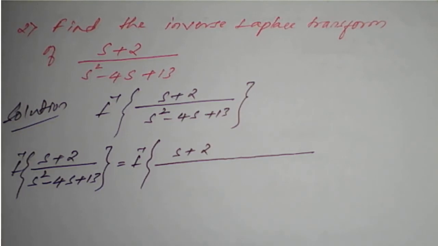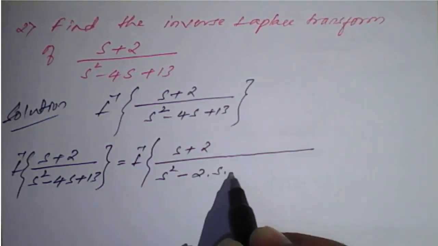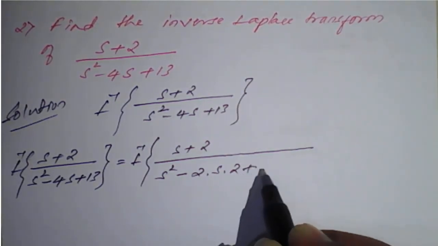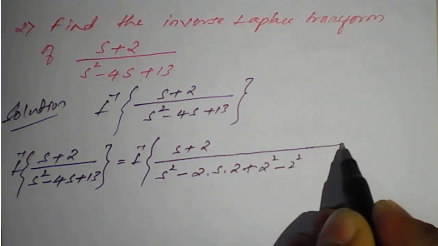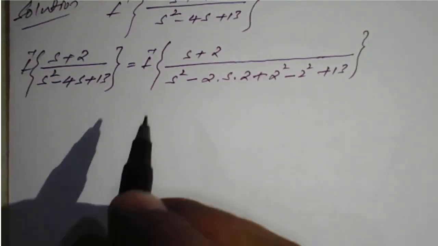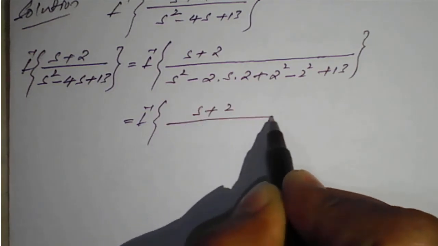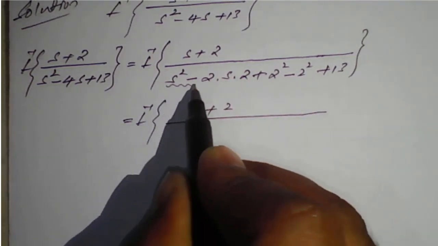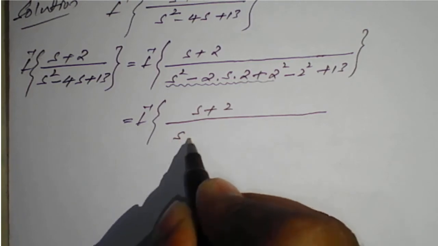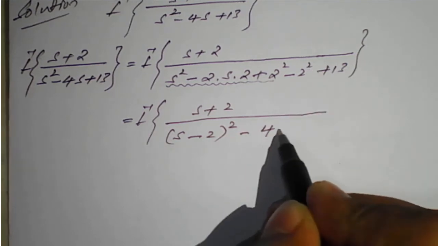the denominator we will again make a perfect square. s square minus this 4s we will write as 2 into s into 2, that is a square minus 2ab. So again we got 2 here, therefore plus 2 square minus 2 square, and this plus 13 as it is. Hope you got the point how to make a complete squaring. So inverse Laplace of s plus 2 divided by, this step s square minus 2as into b plus b square, this is nothing but s minus 2 whole square, and minus 2 square is minus 4 plus 30,